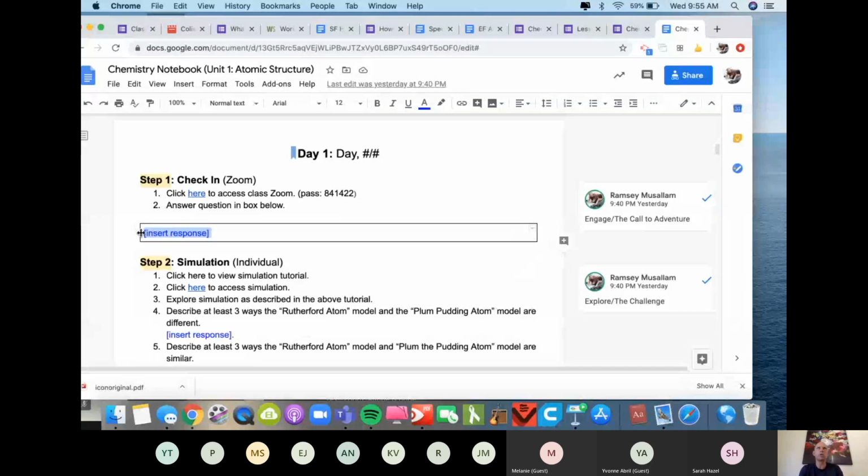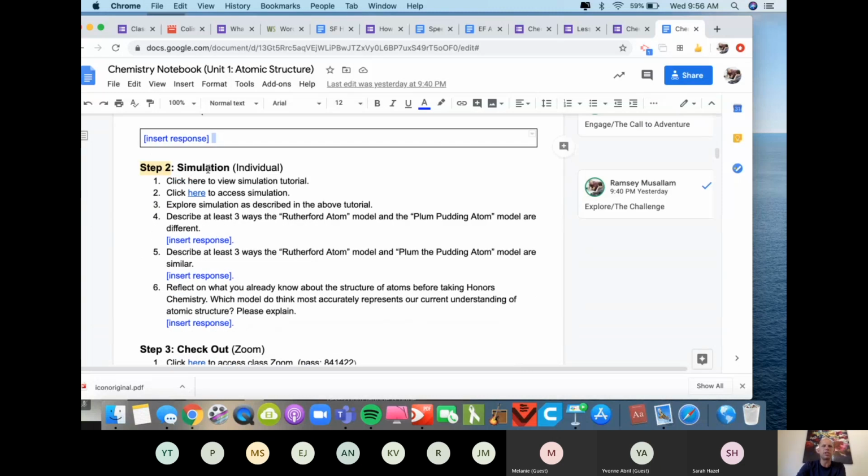So with Atomic Structure, I'm thinking about using some spark about how small the atom really is. And then I'm going to show them some video that's going to get them to be curious about that concept, and they'll be typing their questions in here. This is just going to be a formative assessment tool for me, so I'll have all their documents back there. They'll then move into step 2, which is the simulation done individually.